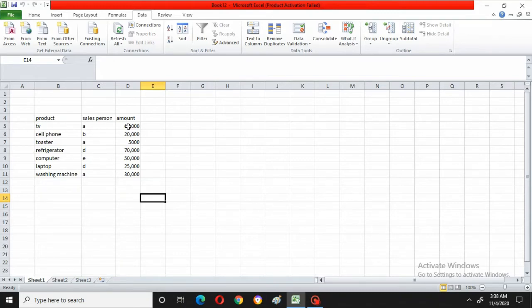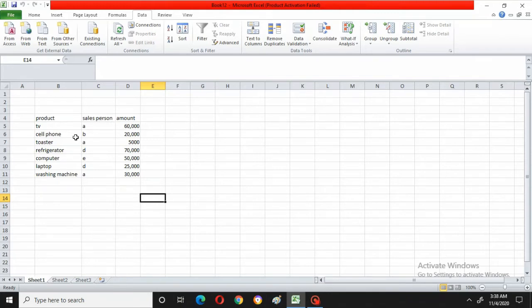So the pivot table is used to have clear information on the data.